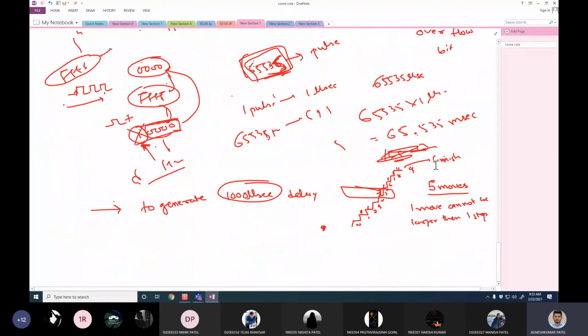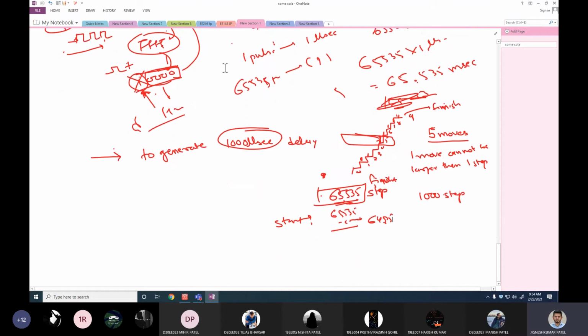Same things here. I know my finish line. Now let's assume with the same example, my finish line is 65535 steps away. This is the final step, the finish line. You are allowed only 1000 moves, or 1000 steps. So what would be your starting position? 65535 minus 1000, so 64535 would be my starting position. Same thing that I'm going to do over here.